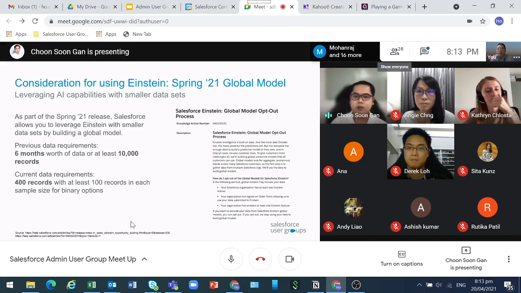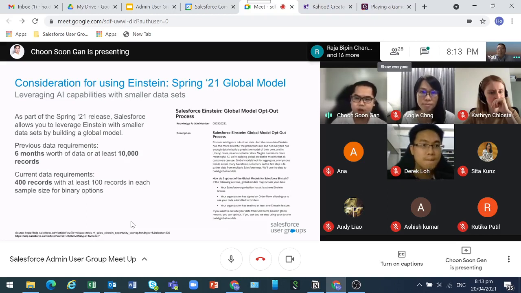Previously, the data requirement was about 6 months' worth of data, or at least 10,000 records. The current data requirement is about 400 records, with at least 100 records in binary options. It means at least 100 in one and 100 in zero. Yeah. But essentially, if you go into this